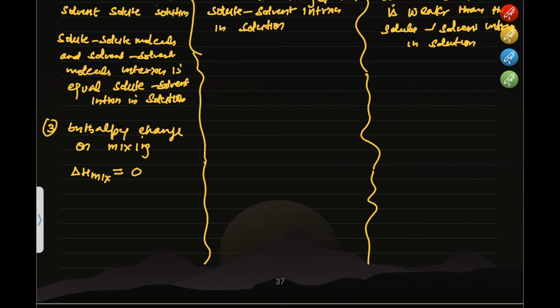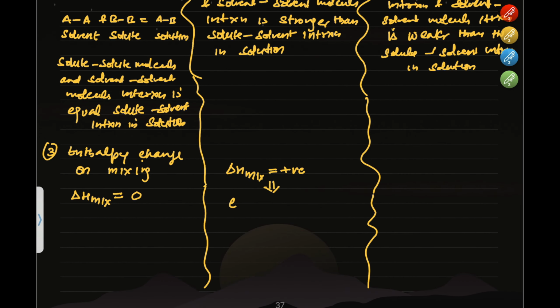solvent. In the positive deviation, the enthalpy change on mixing the solute in the solvent is positive. The delta H mixing is positive, means when we add a solute in the solvent, the heat is absorbed. No, no, no. Delta H mixing positive means this process is endothermic. Heat is absorbed. Endothermic, heat